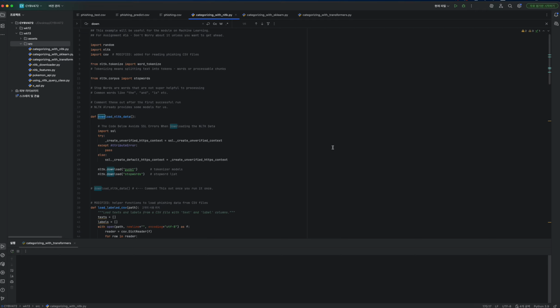For this assignment, I used three Python files: categorizing with NLTK, categorizing with sklearn, and categorizing with transformers.py. All of them now read data from three CSV files. First, I'll briefly show categorizing with